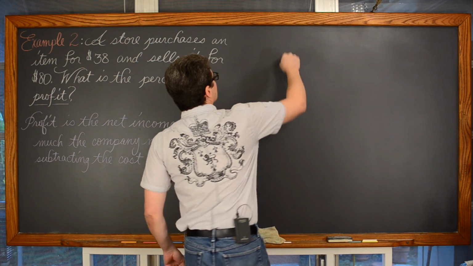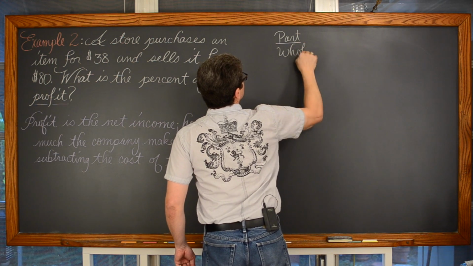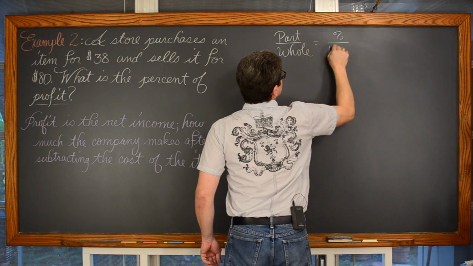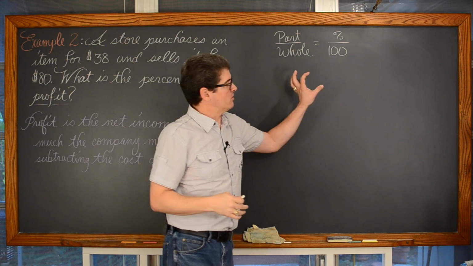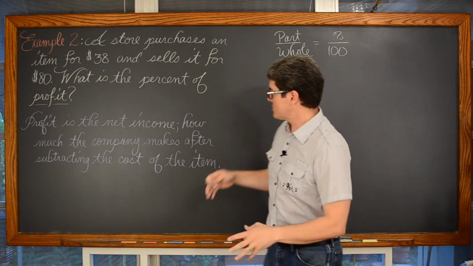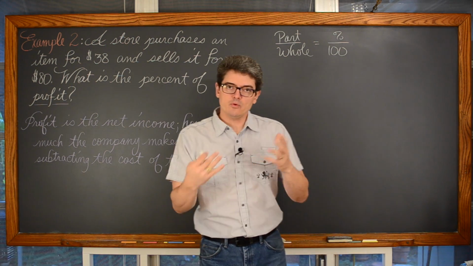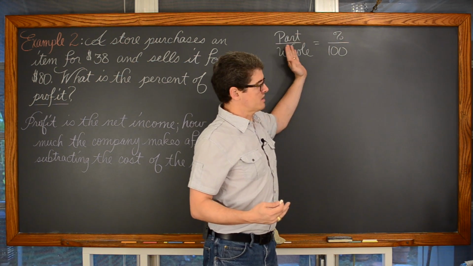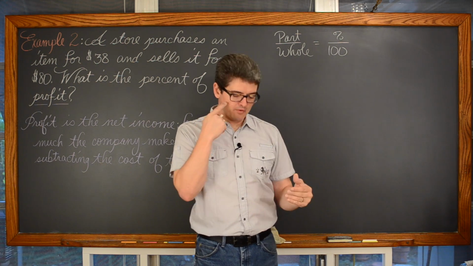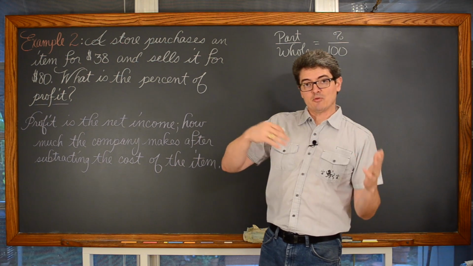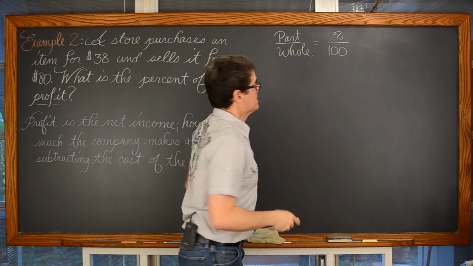So part over whole is percent over 100. Now putting that very general setup into this real life setting, when you're doing these cross multiplication setups, the numerators have to represent the same type of variable. One's going to be a value, one's going to be percent, but in this case, it's going to be about profit. So if we're looking for a percent of profit,